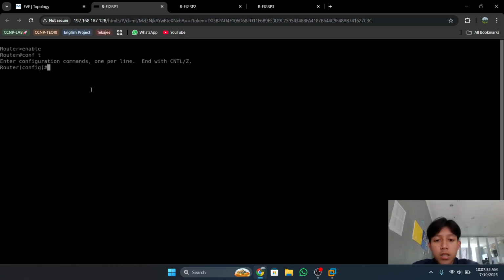You can create a keychain. The keychain will hold your password.